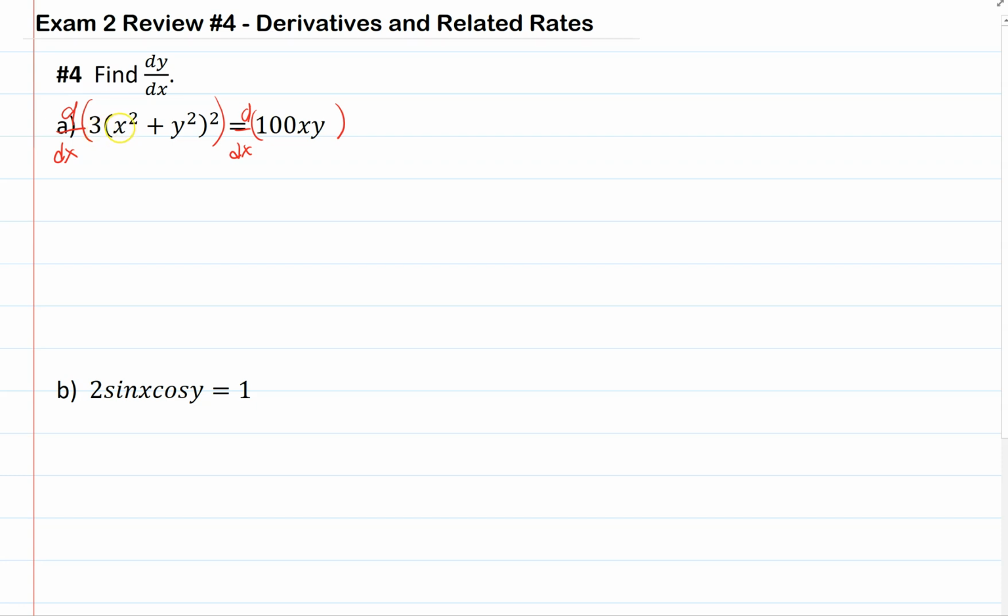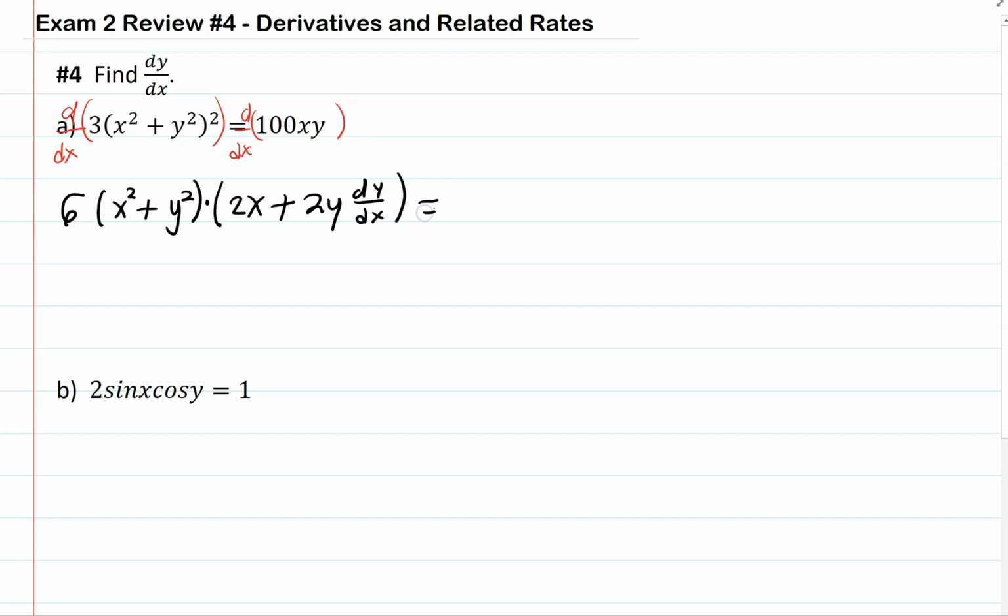So 3 times something to the second power, the derivative of that would be 6 multiplied by that thing, which is x squared plus y squared, multiplied by the inside derivative, which would be 2x plus 2y dy dx,